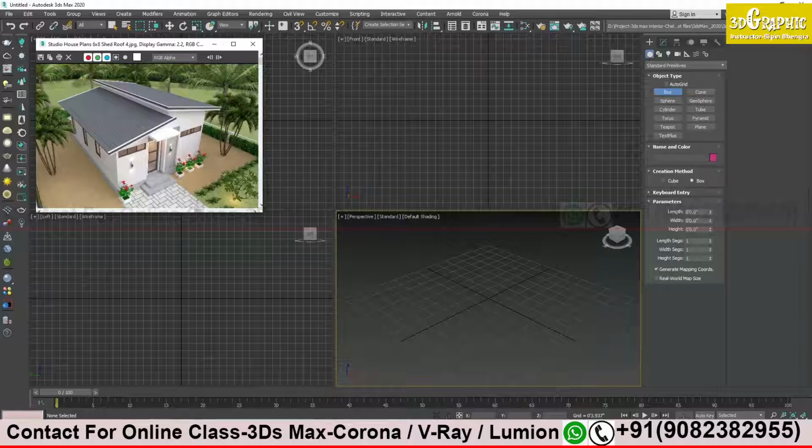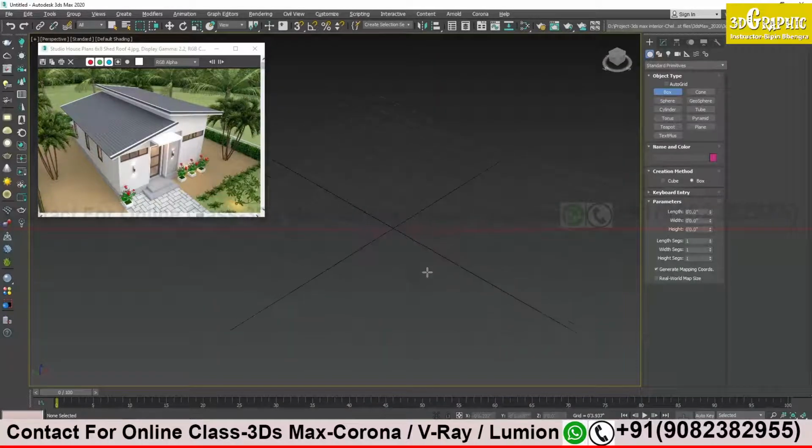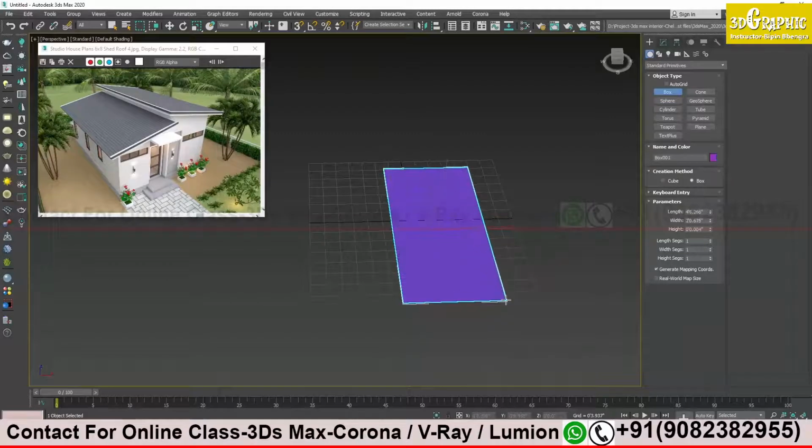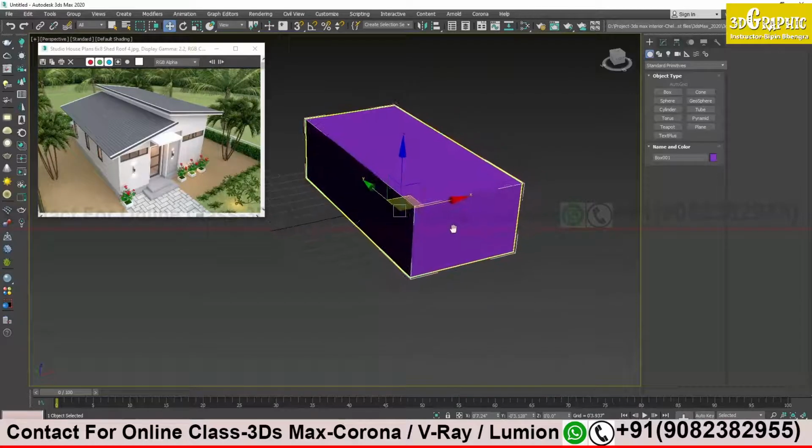So we have decided that Priyanka, you and I will work on this project right now. Okay, sir, you have to guide me. What should I do? Tell me how I should model this house. You have to create a box first, sir. That front one. Okay, I will take a box. Let's see, I will enlarge my viewport. I will take a box like this. Maybe this one, no? It will look like that. Yes.